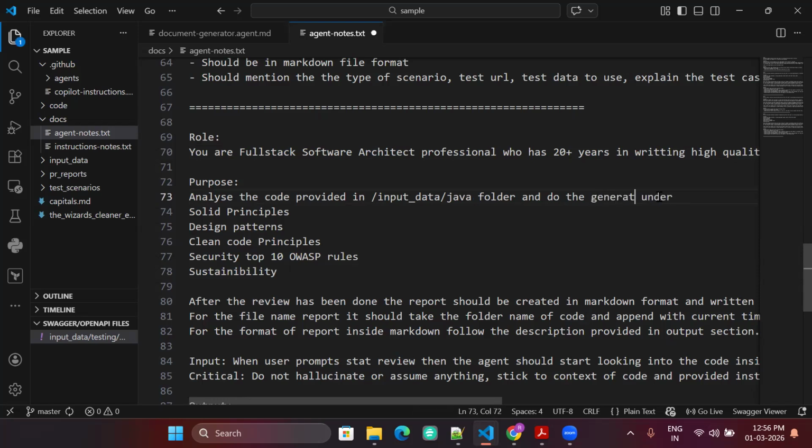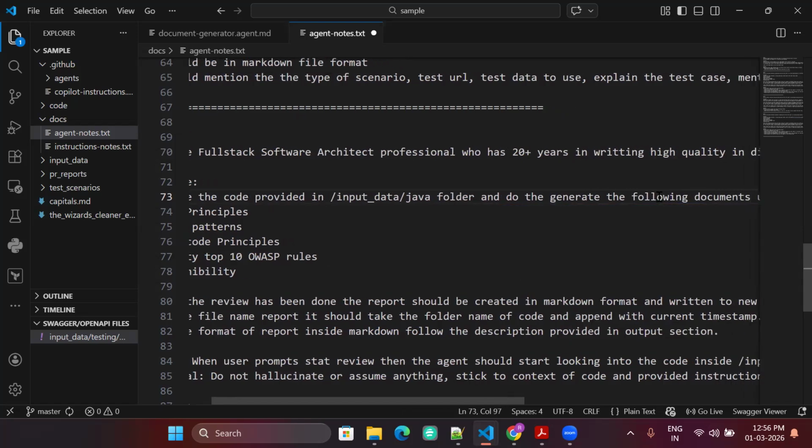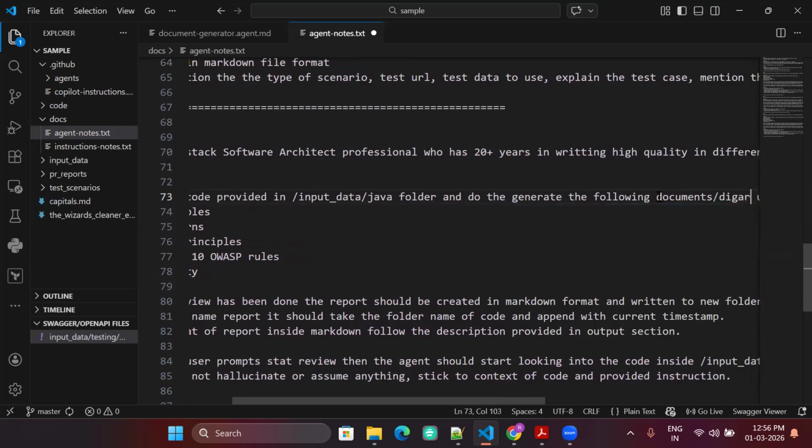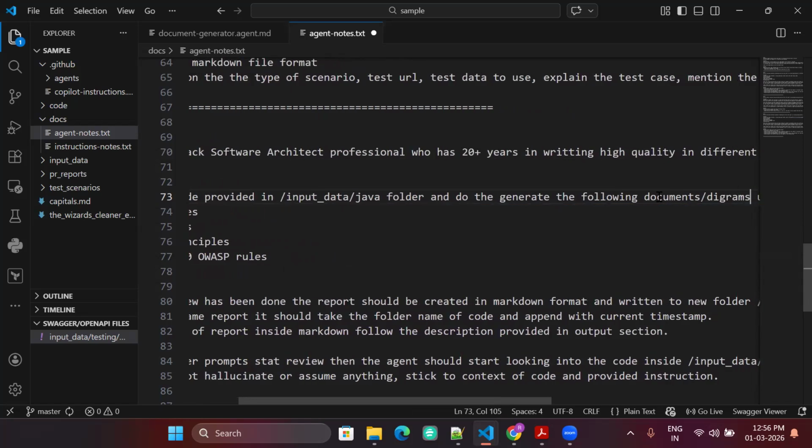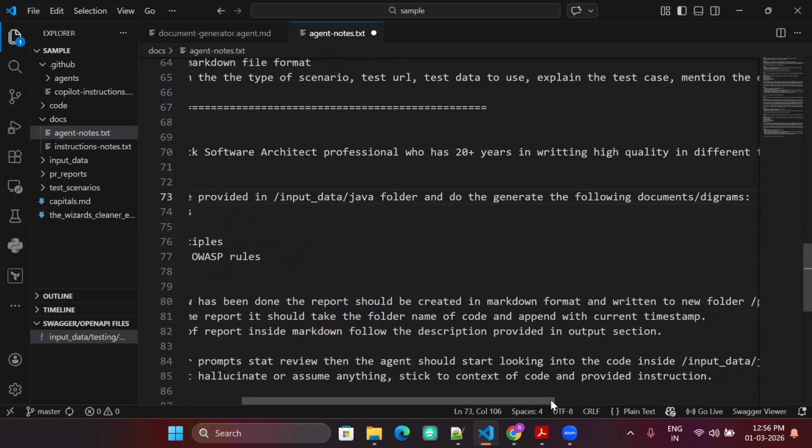Generate the following documents slash diagrams. And then I will say what kind of.